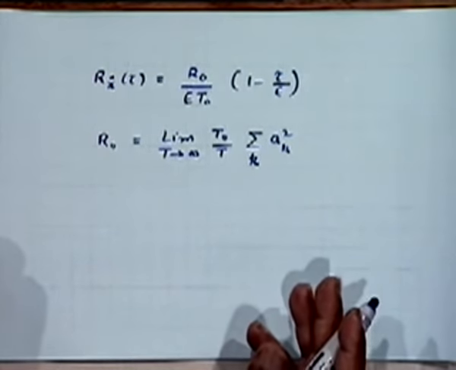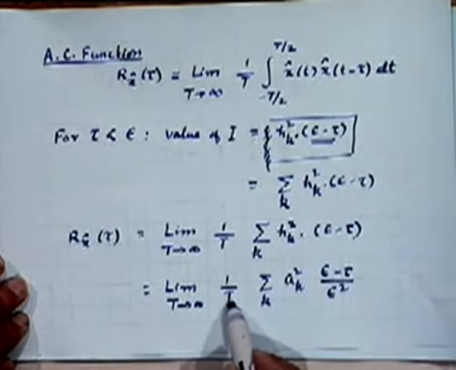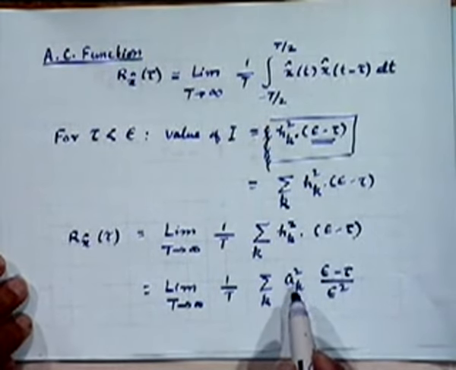So T0 is anything arbitrarily chosen? No, I have just for some convenience introduced this T0. It was not required to be introduced, right? All I really needed to define was limit 1 by T ak square, right? But I have deliberately done it because it is convenient to do so as we will proceed further, right? T0 is the period between two pulses. It's not exactly a repetition period, it's the time interval at which the impulses or pulses are occurring. It corresponds to a data rate. It's the interval corresponding to a data rate. Fine?